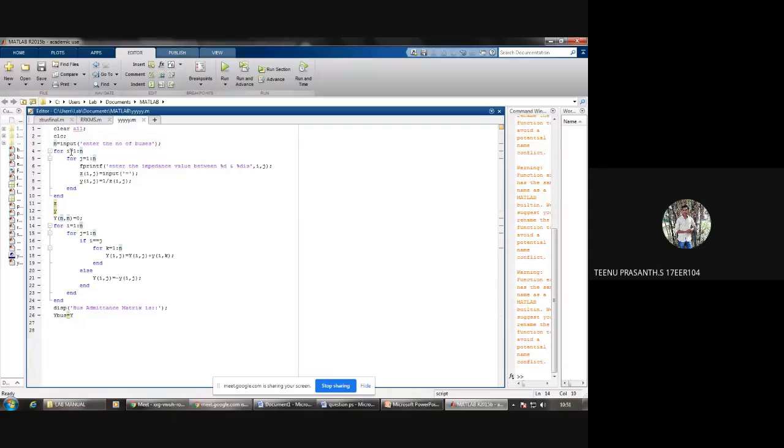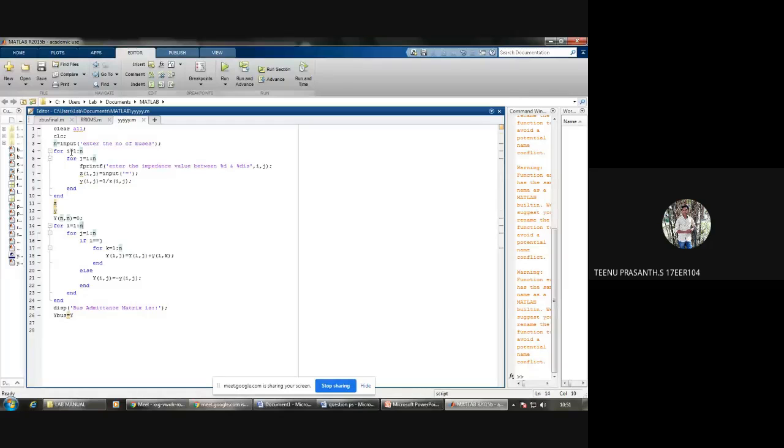If it is 4 buses, it's a loop operation, like a matrix, getting the values of the matrices, for i is equal to 1 to 4. I is for rows and j is for the columns, and printf of enter the impedance values,